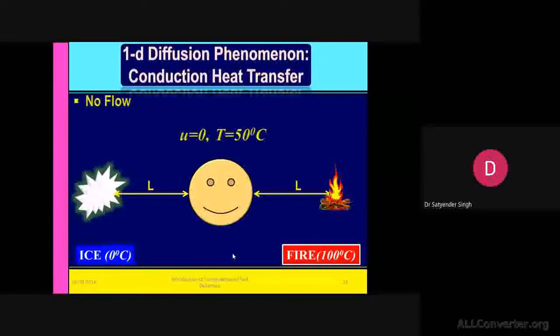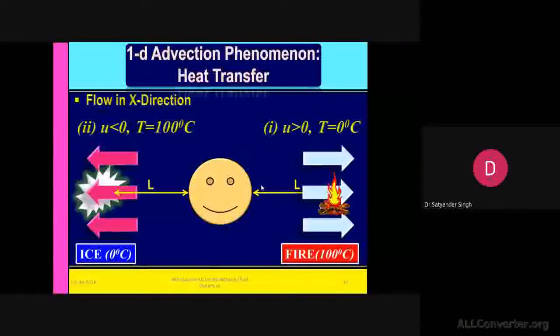Bulk movement should not be there. So what will you experience? Molecules will randomly move and carry some of the coolness to you, and also the hotness. You will feel both effects in case of diffusion. In case of advection, there will be bulk movement of the molecules. That means there is a high wind speed, and then you will have only one effect.